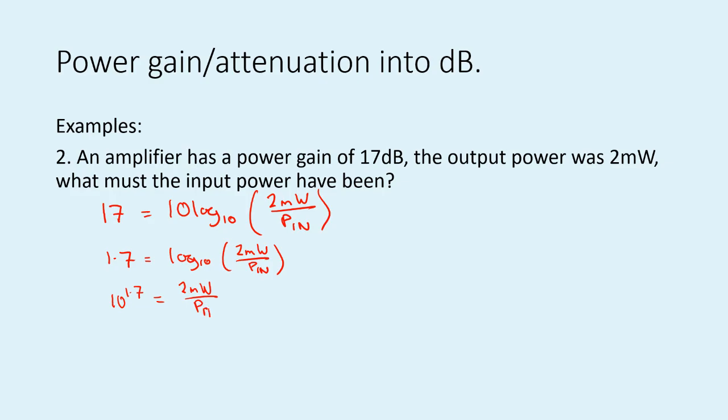power. I now rearrange. I multiply by the power in and divide by 10 to the power of 1.7. So the input power is 2 milliwatts divided by 10 to the power of 1.7. So divided by a number that's a little bit less than 100, but a lot more than 10. And I would put that in a calculator. And I get that the input power is